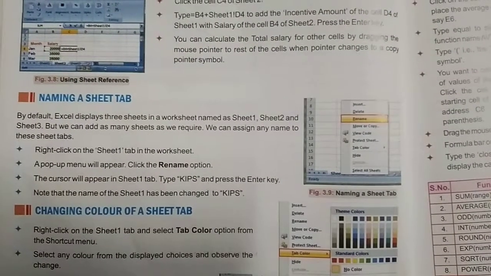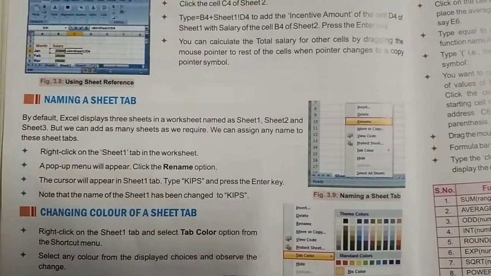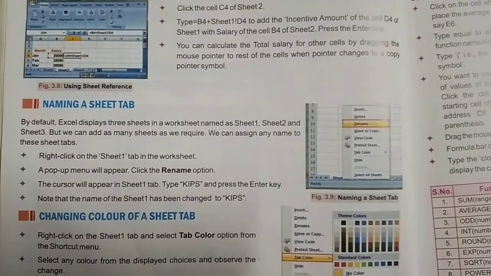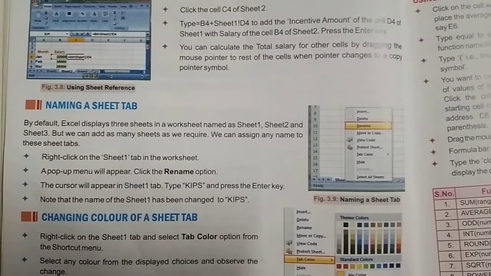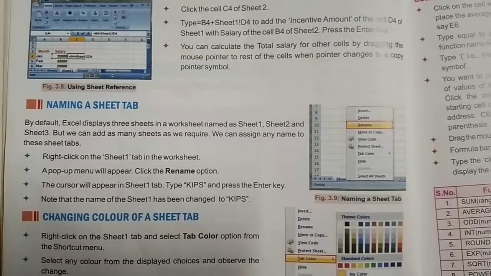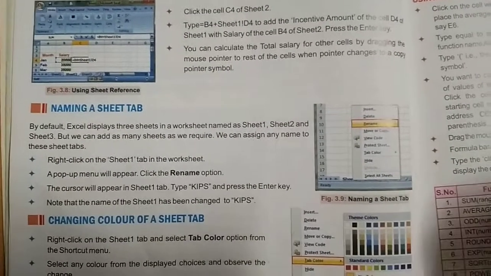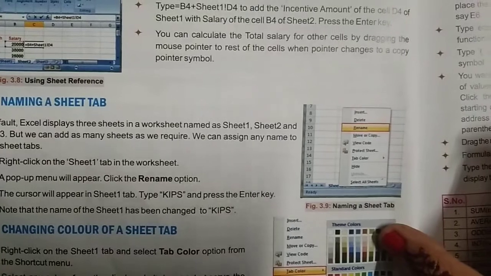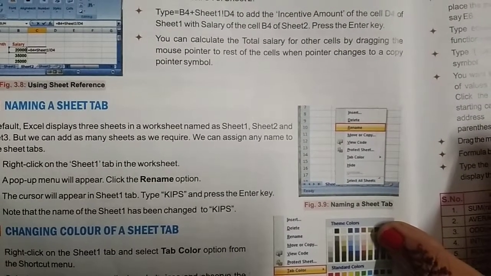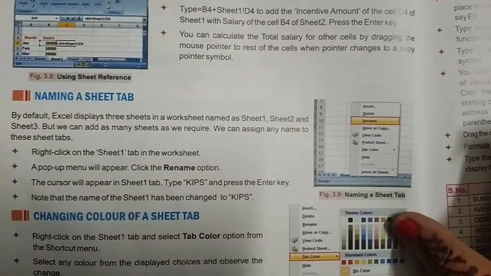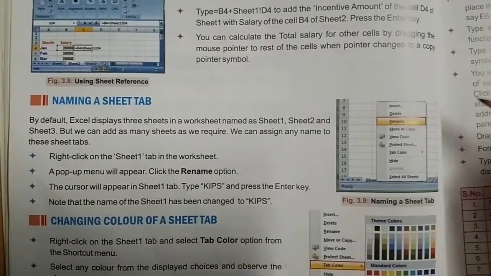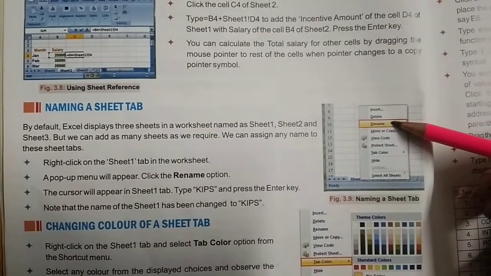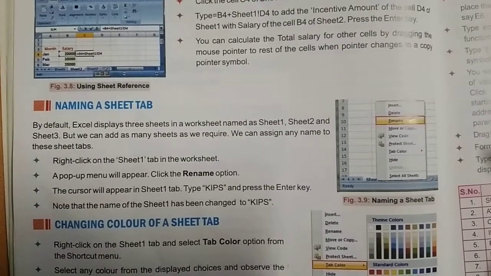Now after copying and pasting a file, if you want to give a name to your file, where do you have to click? You simply right-click on sheet 1 in your tab. Here a pop-up menu appears. This is called a pop-up menu. It consists of various options like insert, delete, move, copy, hide, etc. But here you want to rename your file, so you have to click on the rename button. By clicking on the rename button, you should give the name of your file according to your own choice.